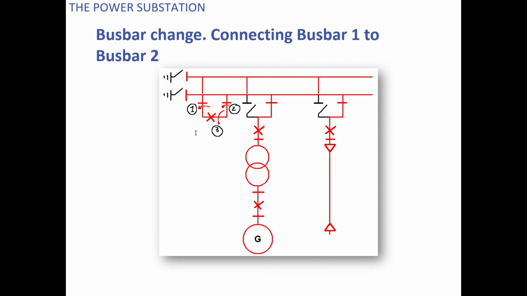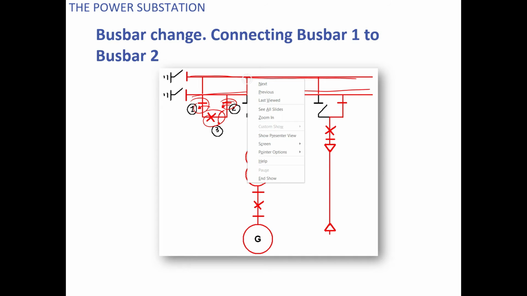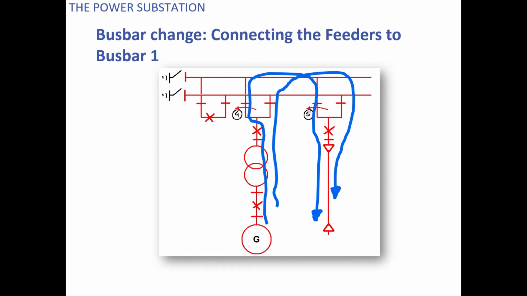So in the first step, what you have to do is close this isolator, then close the second isolator, then close the circuit breaker, so that this bus is also energized. When this bus is energized, the isolator from this point to this point will be energized. Then this isolator is also energized from this point to this point. Now, if you see here, once you close this isolator and this second isolator, the power flow will now be from both the buses, bus 1 as well as bus 2.